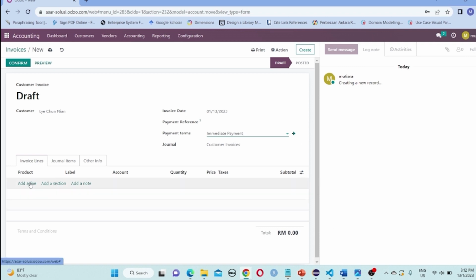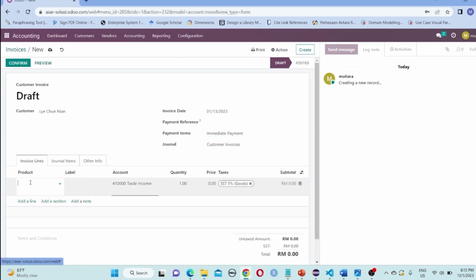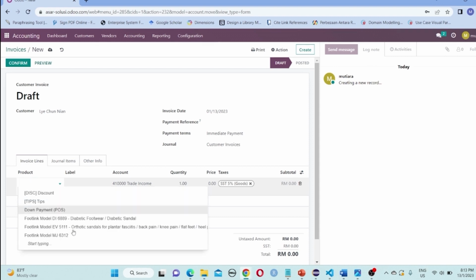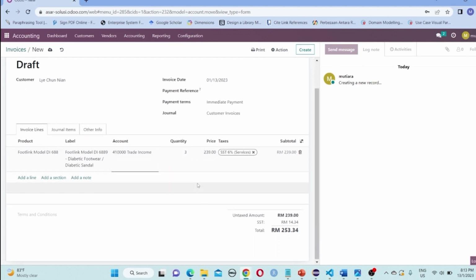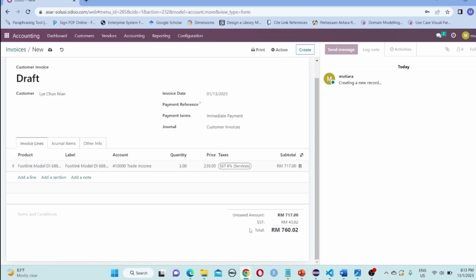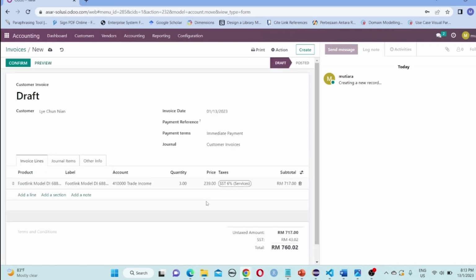So let's add the product. Let's add this one, diabetic footwear. And let's make the quantity 3. So as we can see, since we add the quantity 3, the total of the payment that should be made is automatically calculated here. And after that, we can click on confirm,